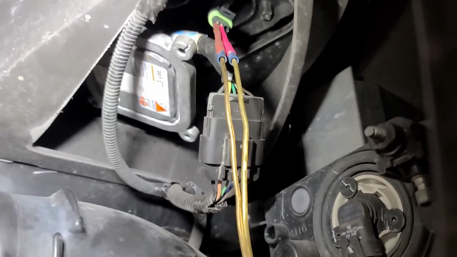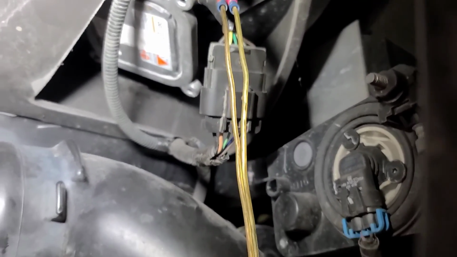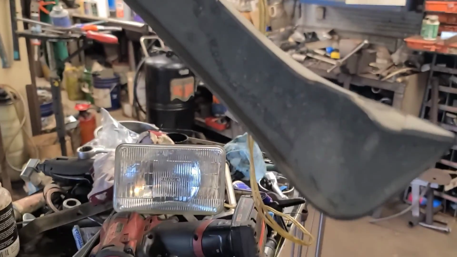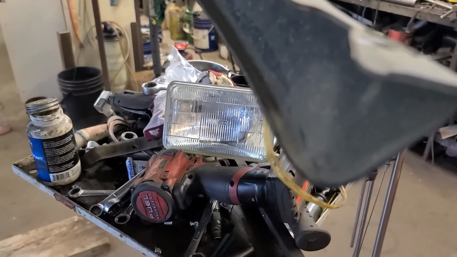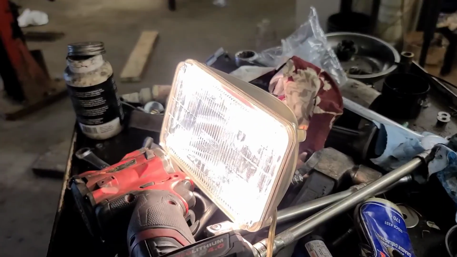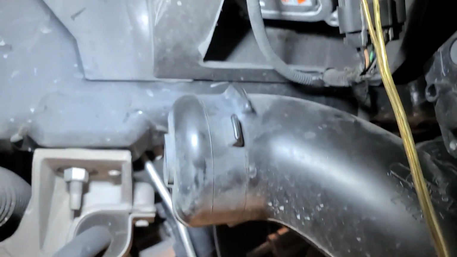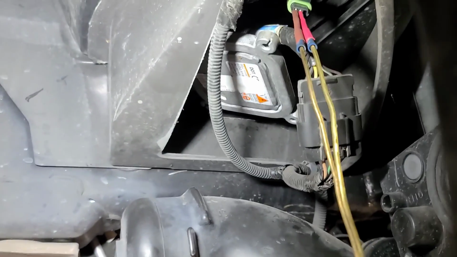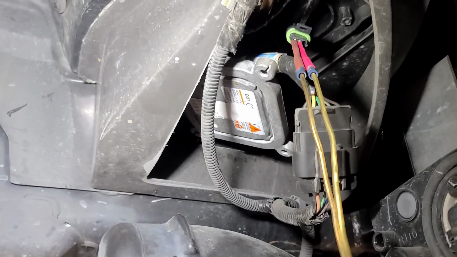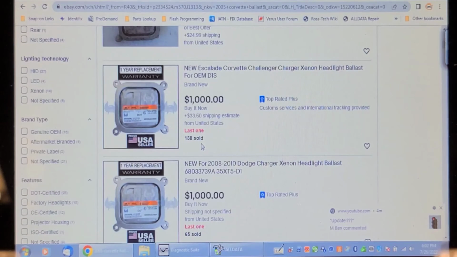So I got a couple of probes in that black and yellow wire plugging into the ballast. Hooked to my headlight here. We're going to see if it lights a headlight when the low beams are on. Well, I guess it needs a ballast. I wonder where that's got to come from. See if I can get a part number off of it. Well, the part number on the ballast is